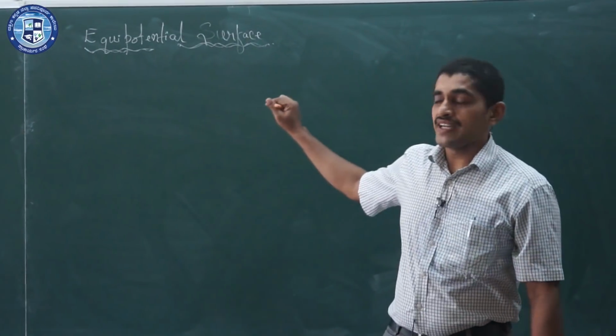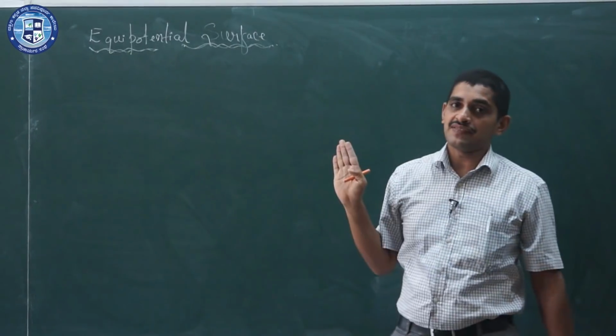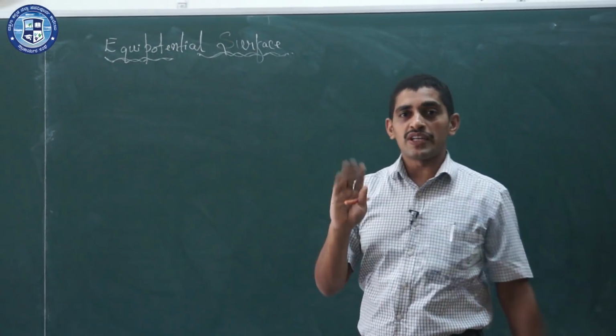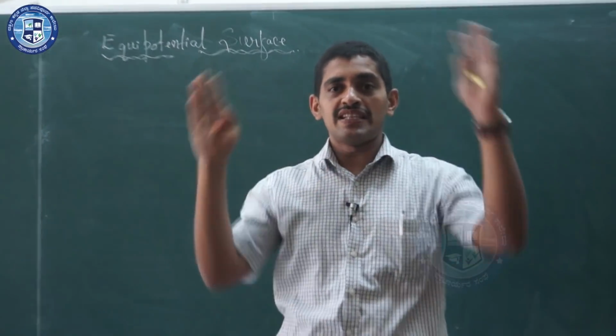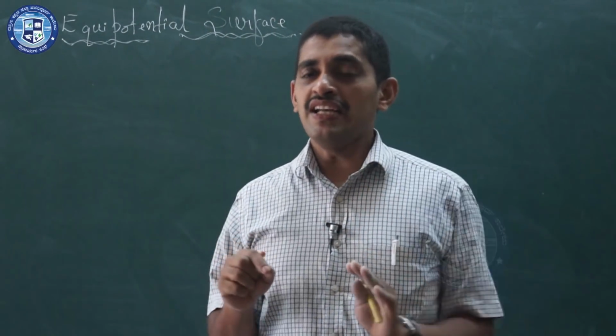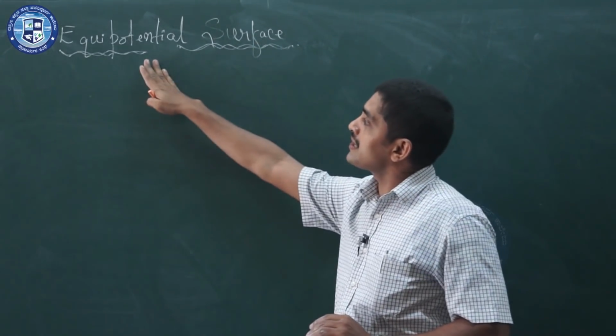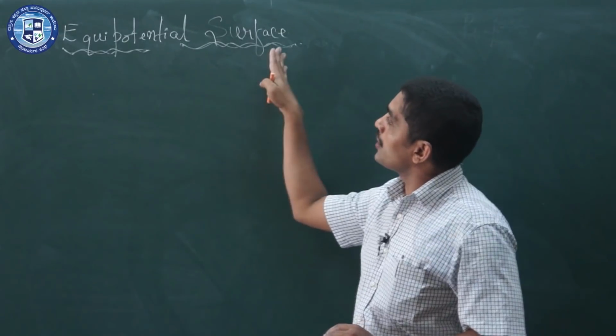In this video, let us try to understand a term we call an equipotential surface. So, we have understood what potential is. Whenever there is an electric field, we can define electric potential at a point. Once we define potential, let us try to picturize what we call the